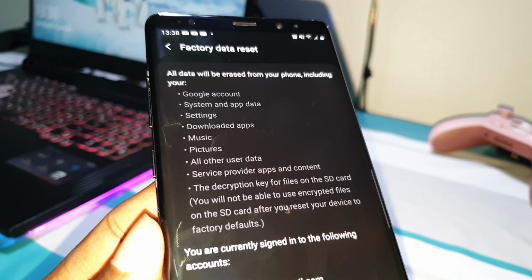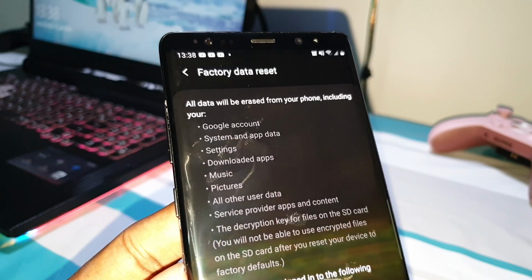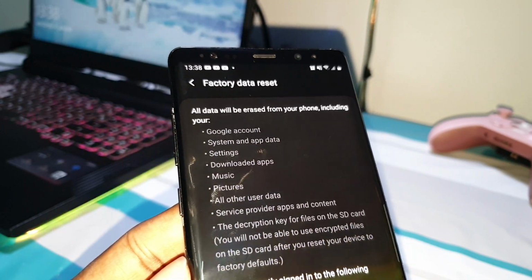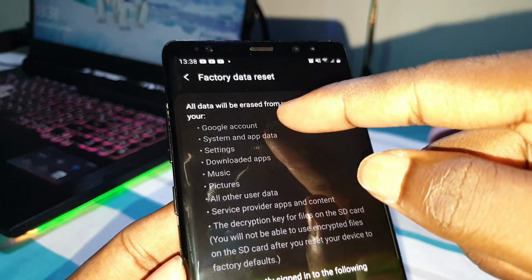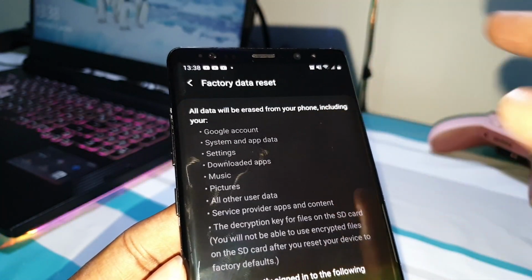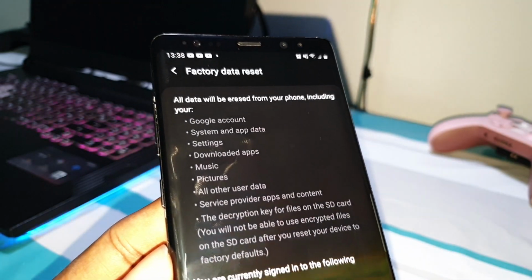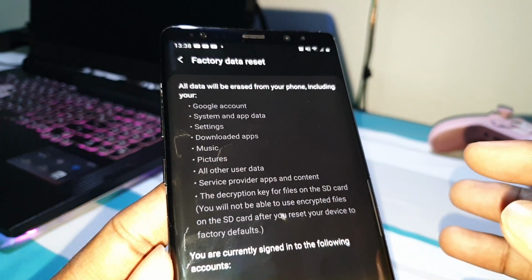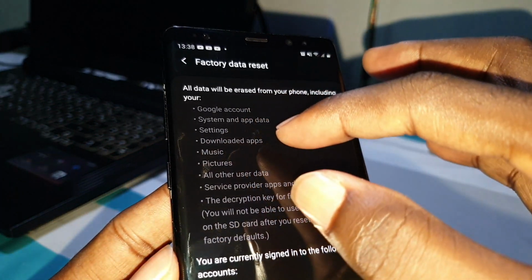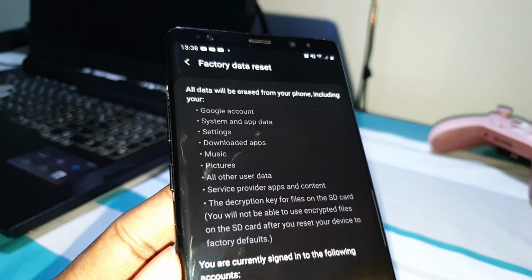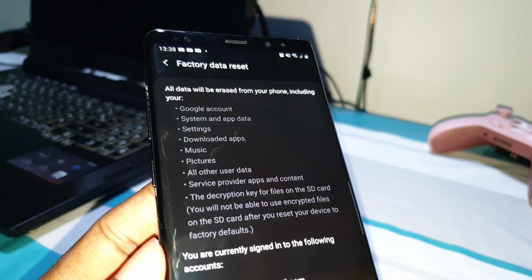Do you see this? Factory data reset, and all data will be erased from your phone, including your Google account, system and application data, settings, downloaded applications, music, and pictures. What can you do?